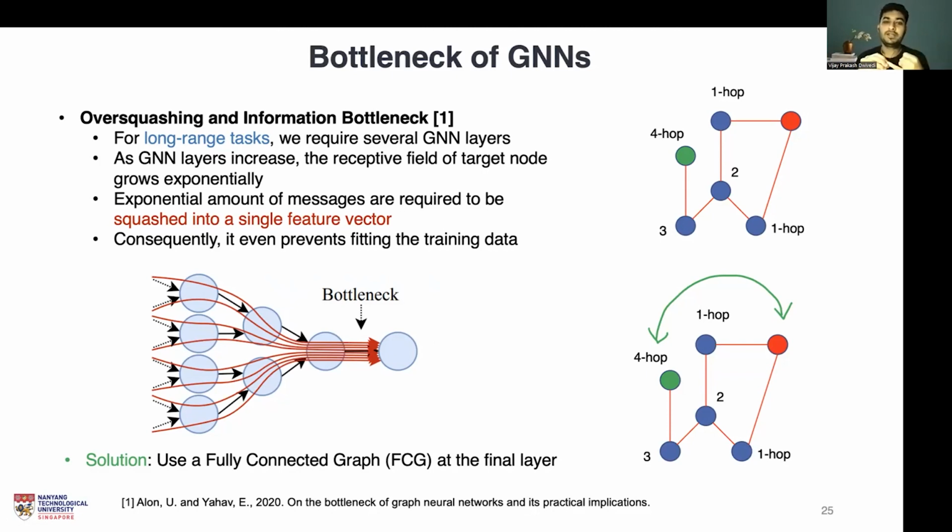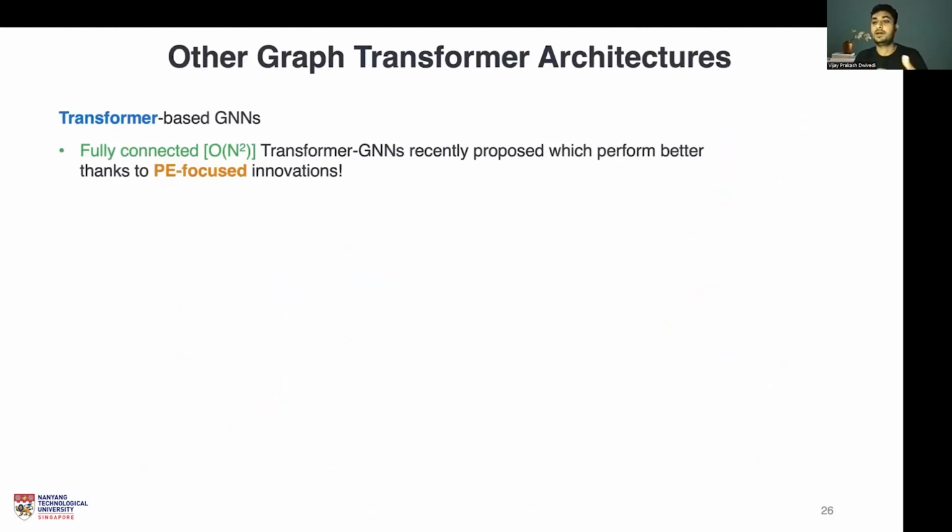So the bottlenecks of over smoothing and over squashing both hint that we may be required to exploit the global graph structure in order to solve them, which has sprung up a different direction of works on fully connected transformer GNNs, which naturally solve these two bottlenecks. But when we have a transformer which just supports fully connected graphs, it may lose the graph sparsity that I mentioned at the start when designing the vanilla transformers.